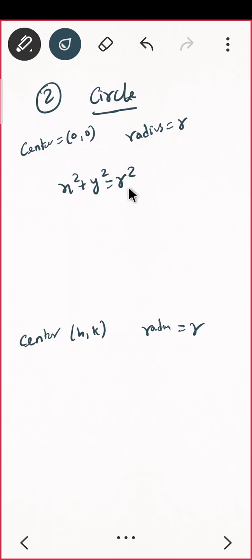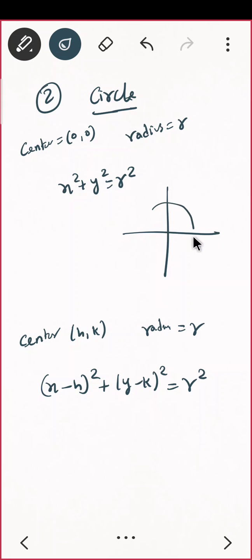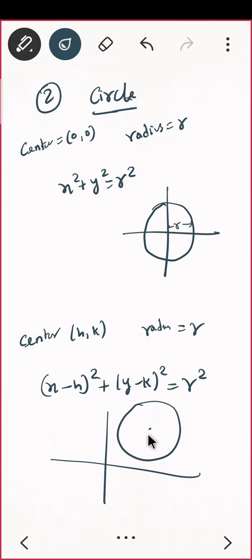Okay, perfect. Very nice. So you just have to make your equation of this form, then that's it. The graph will be a circle where the origin is the center here and this part is the radius. Is that okay? And in the general case the graph will be anywhere in the plane where the center will be h comma k, and this will be your radius. Is that okay?